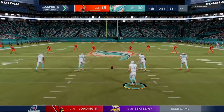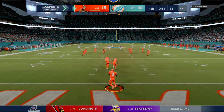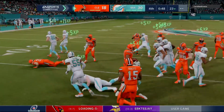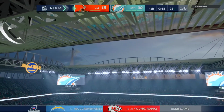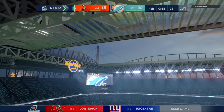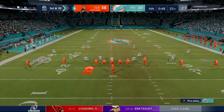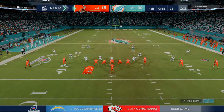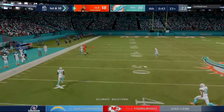Out is the kickoff unit as they run up and send this one away. And not much happening on the return as he'll get this to about the 23. On the return, the Browns take over 1st and 10 at their own 23-yard line. The Browns drive about to get started. And for them, a touchdown their last go-around. Obviously, they'll be hoping to do that again. And when you start plotting for this drive, when you start thinking to yourself, okay, what are we going to do? You don't go away from what you did before because that worked, but you have to be prepared for